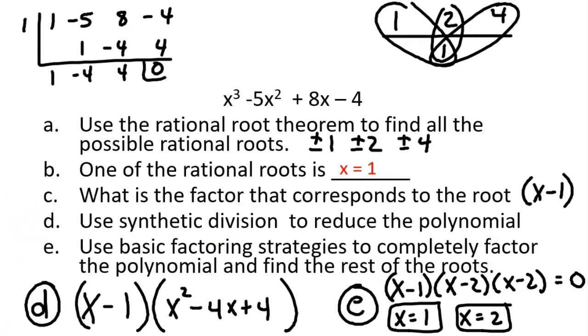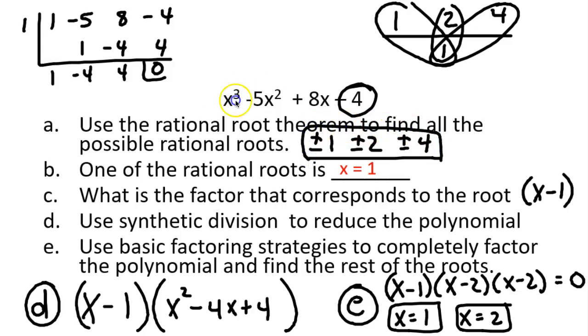Okay, so here's the answers here. All the numbers that go into 4 I put up here on the top, and all the numbers that go into the front obviously are just 1, so that's on the bottom. And you make as many fractions as you can out of all those numbers. You basically just end up with positive and negative 1, positive and negative 2, positive and negative 4, and that's it. So a total of 6 possibilities, and technically what you would have to do at that point is